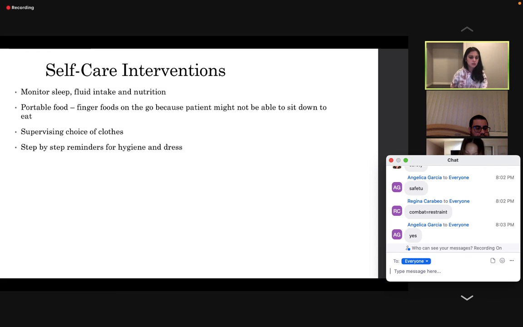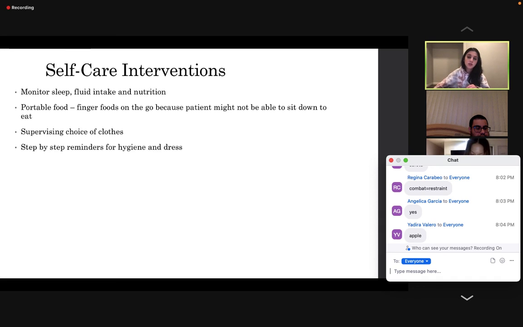So since they don't eat, right? Finger foods on the go, kind of like what you would give a toddler. I don't have kids, but I'm assuming that toddlers have a hard time eating and sitting still. So you're going to give them chicken nuggets, sliced cheese, carrots, like the baby carrots. What else are finger foods? Crackers. Anything that you can hold with your hand, okay? Sliced apples. That's the way to go. You're not going to give them a 5-course meal where they need to hold a fork and a knife.